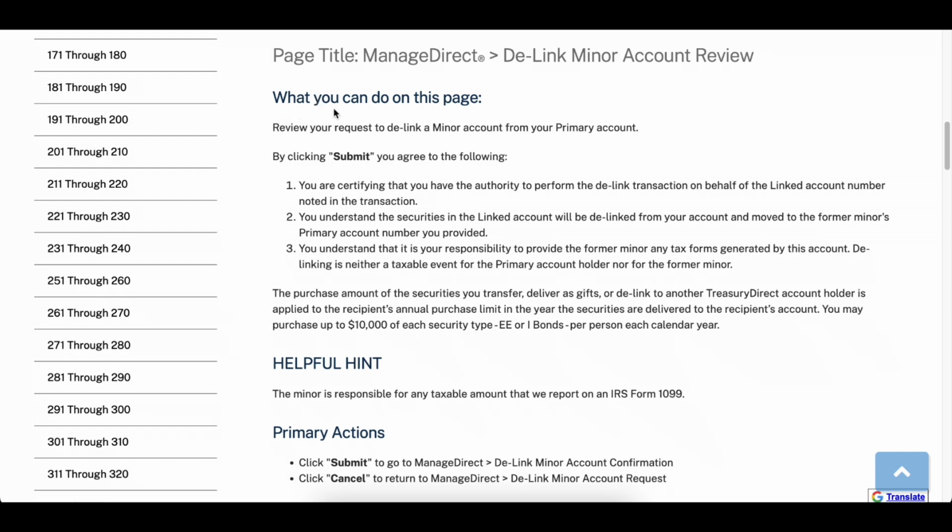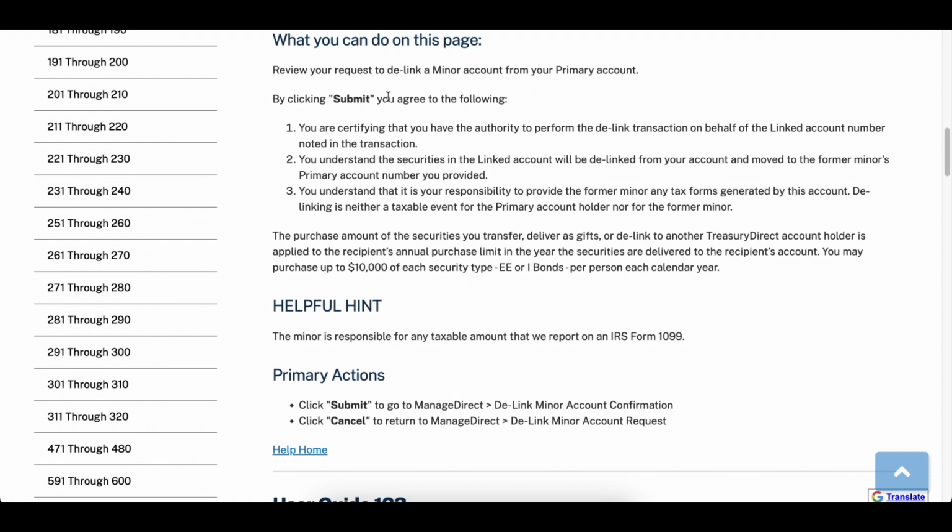Now this is if you're talking about the delink minor account review. What you can do on this page. By clicking submit, you agree to the following. You understand that it is your responsibility to provide the former minor any tax forms generated by this account.